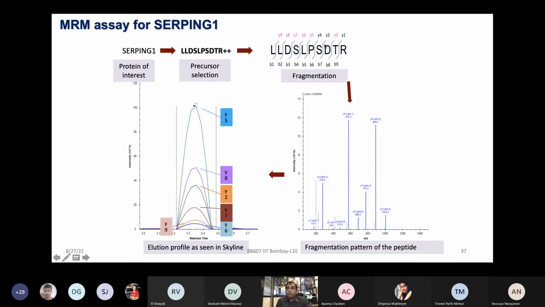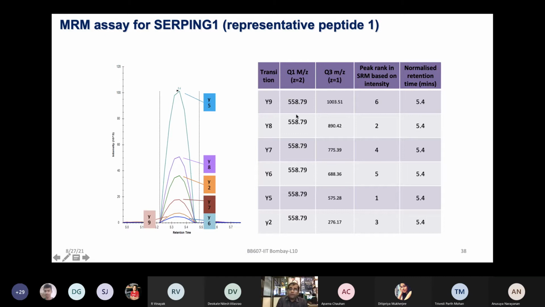So we chose a few peptides of the serpin G1 protein, for example, and this just shows you how you are going to develop your assay in the Skyline-based workflow for targeted proteomics. You already have an idea of the peptides from the discovery work. You take those peptide sequences and selectively acquire data only for these peptides and their different transitions. And likewise for, let's say, one peptide, you get this type of data, which you are going to utilize for doing the quantification.